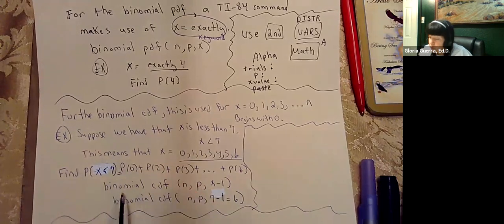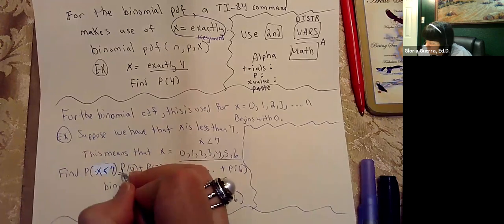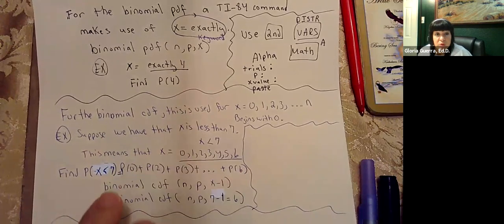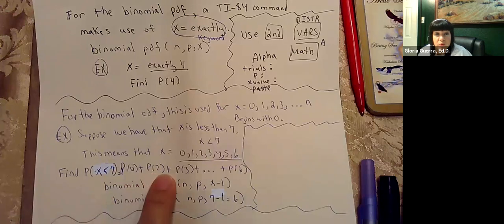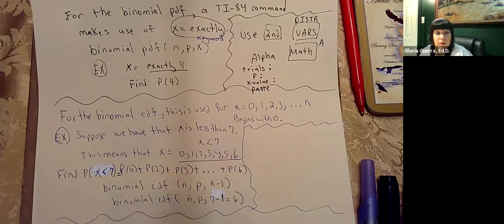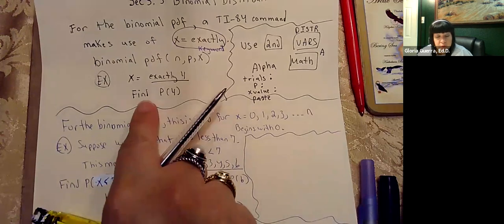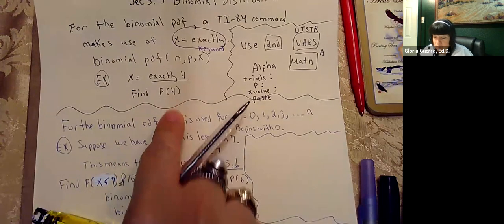And that would equal these summations, P of 0 plus P of 1 plus P of 2 plus P of 3 and so on. Okay. So where this one over here, find P of 4. So for the exactly,